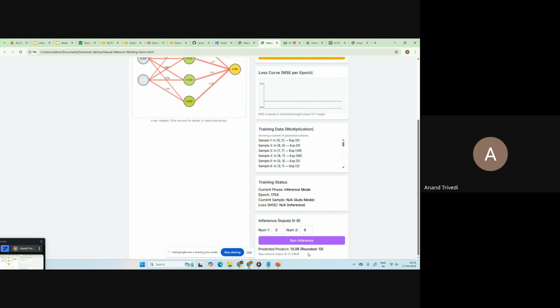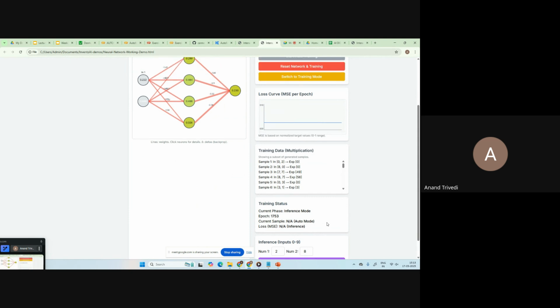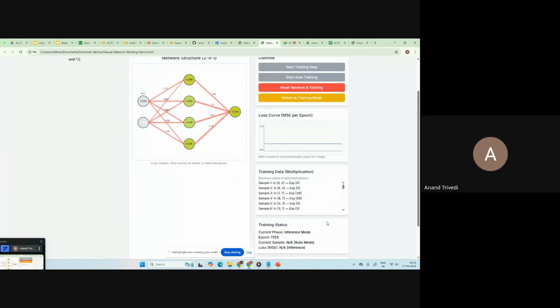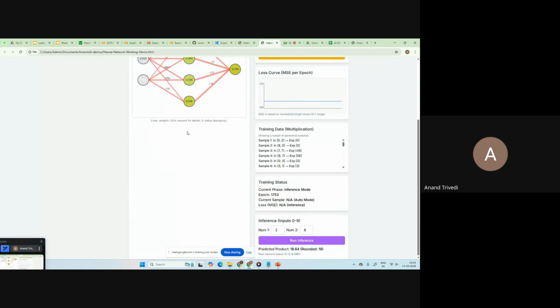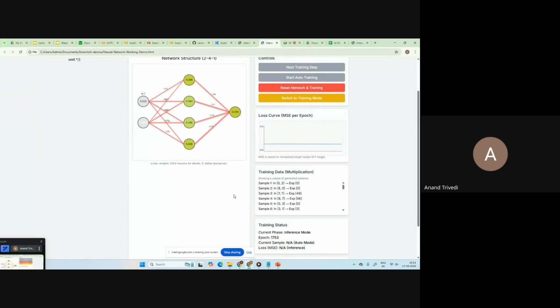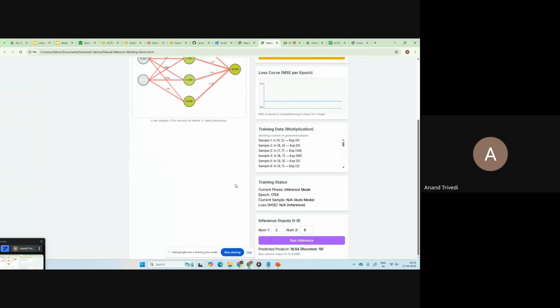As of now, it gives 13, which is completely wrong, right? For 2 and 4, it will give some output based on learning. For this one, 2 and 4, it should be 8. Basically, it says 2 and 8, it is 18. This time it was quite close. Now, along with it, what I'm also doing is, because I wanted to show you those learning paths,